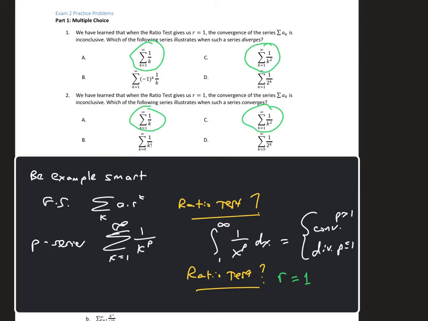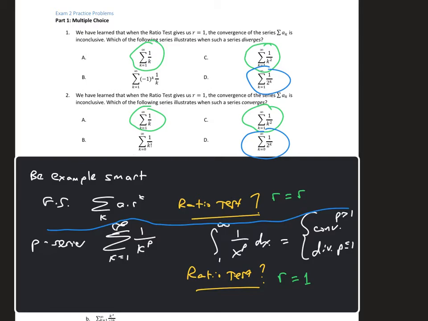Whereas for the geometric series, it's not too surprising that in the ratio test, the r is the ratio for the geometric series. So that makes sense. That's why we use the letter r in the ratio test, because it does coincide exactly with what happens in the geometric series. But again, these are two large families of examples, and they account for 3 out of the 4 choices in